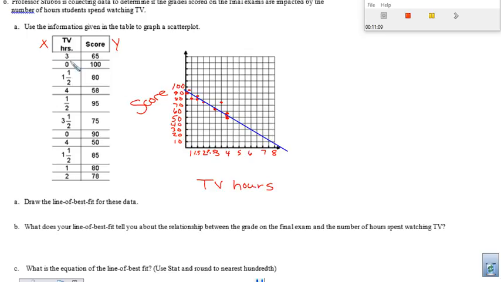Then I graphed my points. So I went to 3 hours, and then 65 was the score, and then 0 and 100 should be up in here, right? And then maybe 1.5 hours was right at 80, so I put my points. That's how I plotted these. Then I drew my line of best fit, which was just kind of going to where the points are all about the same distance from my line as best I could. And then my line of best fit tells me that